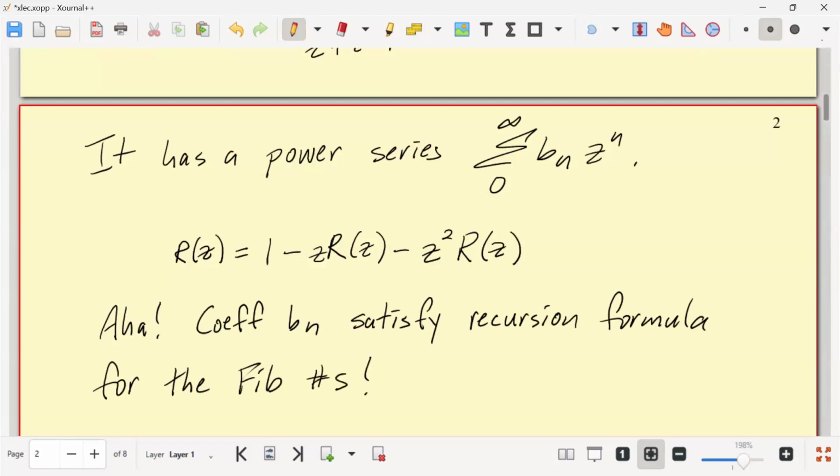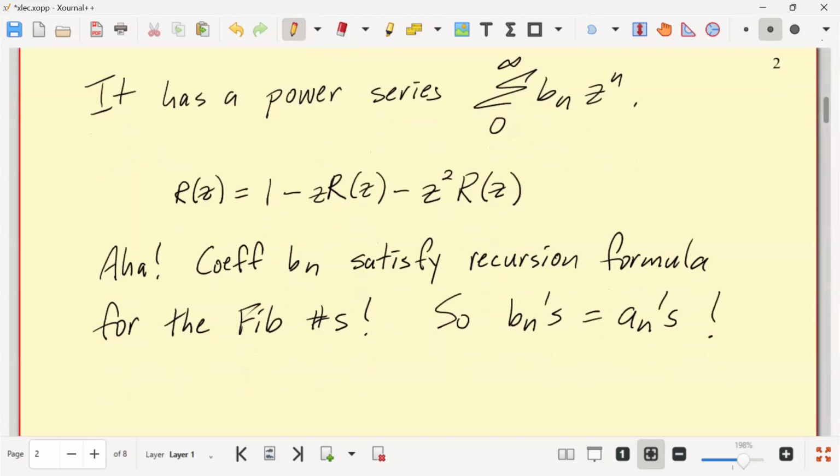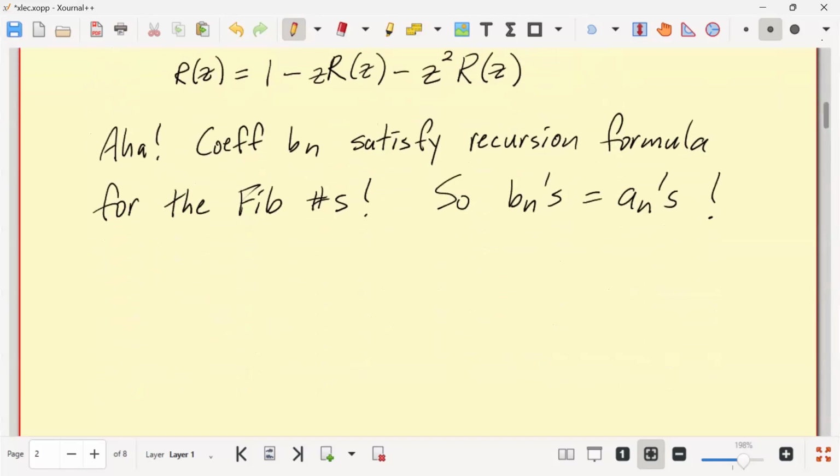And so that means that the Bn's are equal to the An's, the Fibonacci numbers. And now we can claim with certainty that the power series we started out with does have radius of convergence the golden ratio. Okay. So that's all done. We did that already. The exciting thing I want to do today